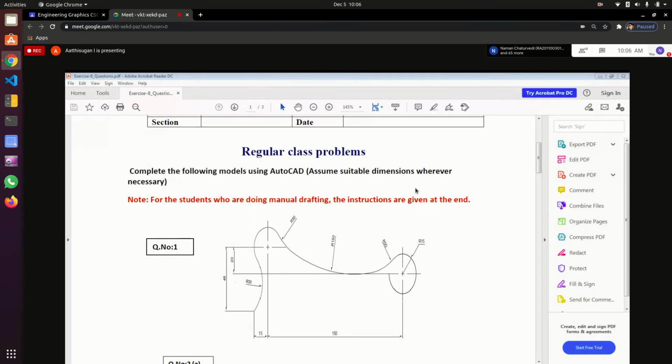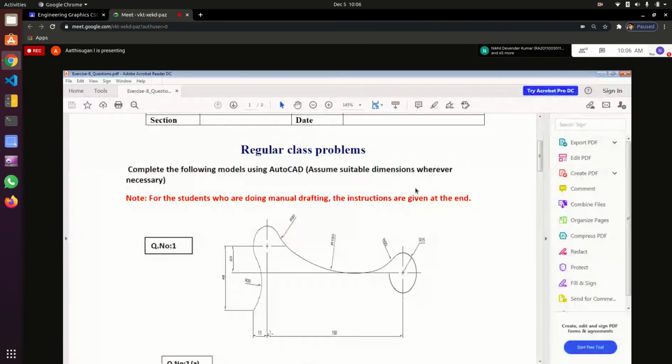Better I'll draw it once, otherwise you will feel confused. After drawing this one, this also you take as the same radius. This arc will be radius 15, but the circle you can take as the same radius of 15. Again, after drawing this point, draw this circle radius of 15.